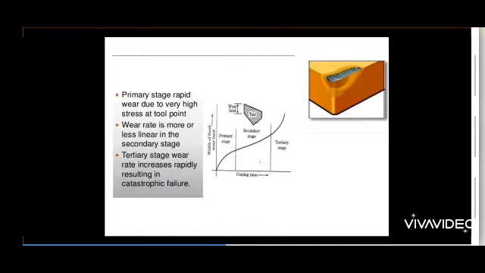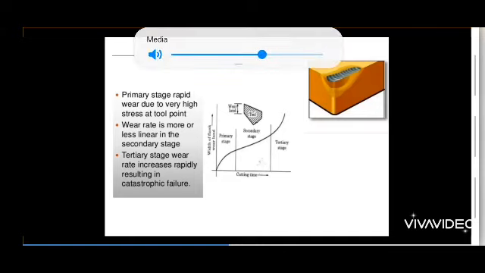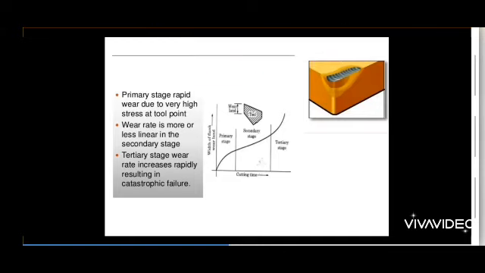Okay, you see the material erodes along the tool face. Erosion on the top surface or face of the tool is called crater wear. In the nose also, the material wears out, as well as the flank surface. Along the side also, the tool will wear out. The wear of the tool at the top surface is called crater wear. On the side it is called flank wear, and in between, at the nose of the tool, it is called nose wear.